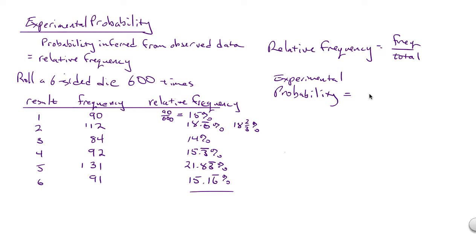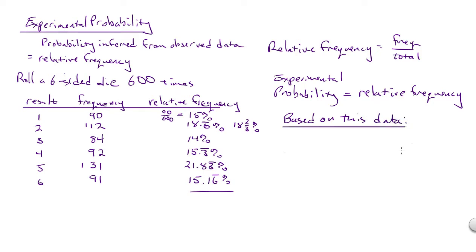And yes, there are statistical methods for this too to get better predictions. But for now, our experimental probability is just another way of saying relative frequency. So based on this data, and this is a key phrase, that means we're not looking for the theoretical probability of getting one of these results. We're going to just use the data that we've gathered from this experiment. Based on this data,